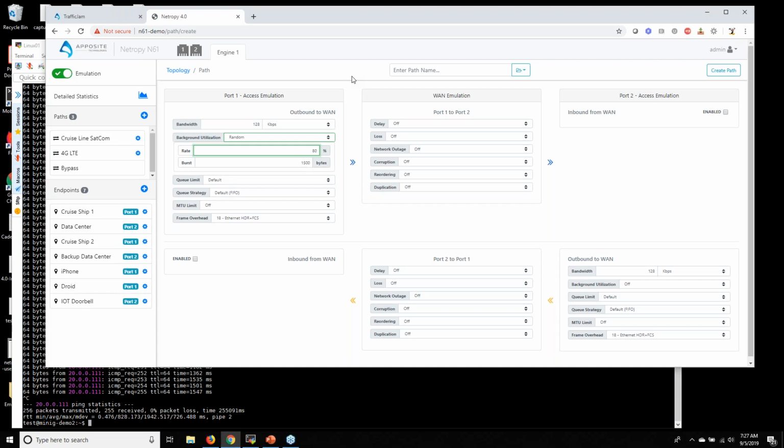It backs up all the data to a local storage. I believe it's in Chicago. And what they found is 80% of their bandwidth is used up by these backup applications.